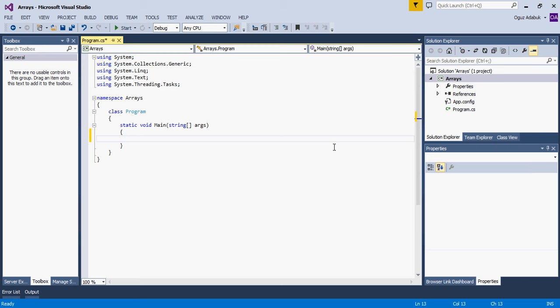And if you want to declare an array, here's the syntax for it. First you add the type of the array, then use square brackets, then you name your array and use the keyword new to create the size for it. Now this piece of code is going to create an array with size 4,